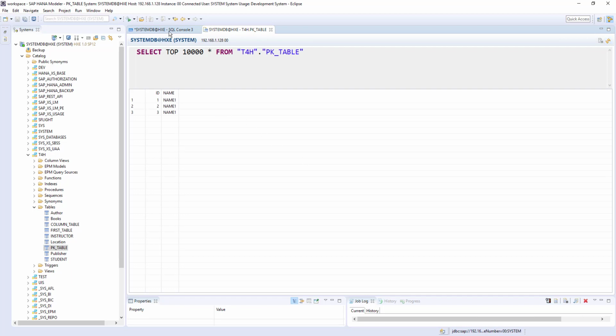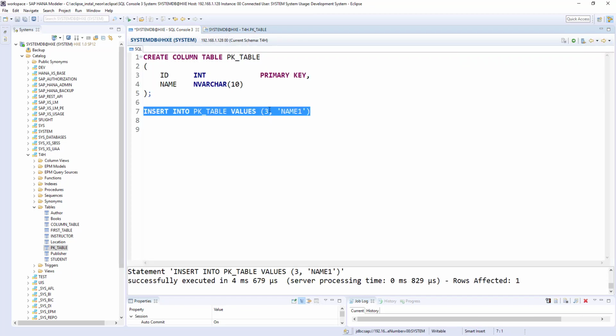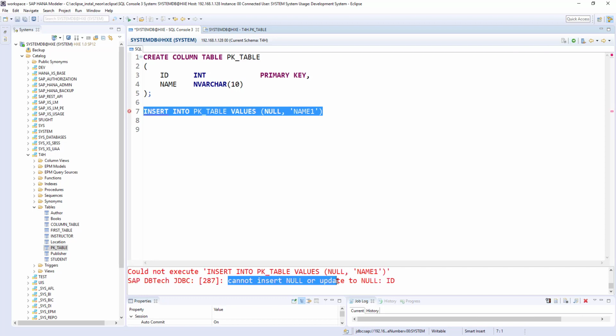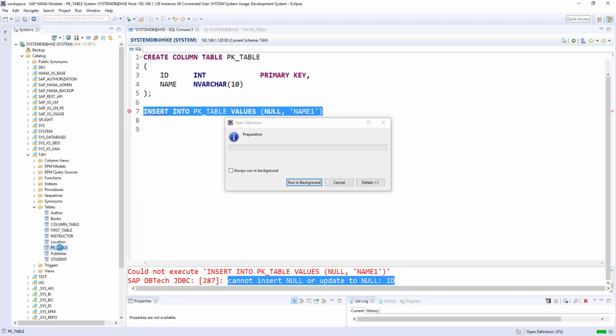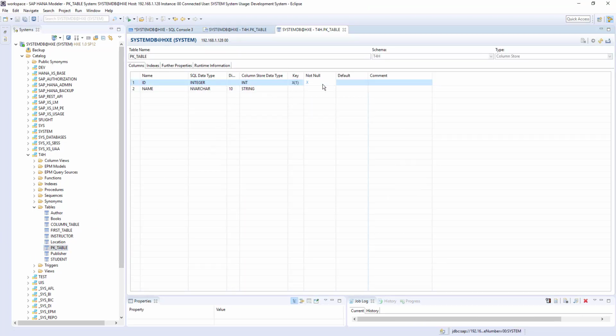That is fine. So if I want to insert a null value, for example, if I don't know the id, then I want to insert a null value. Let's see what happens. Cannot insert null or update to null, because if you see the primary key table definition, not null is enabled. X means it's enabled.